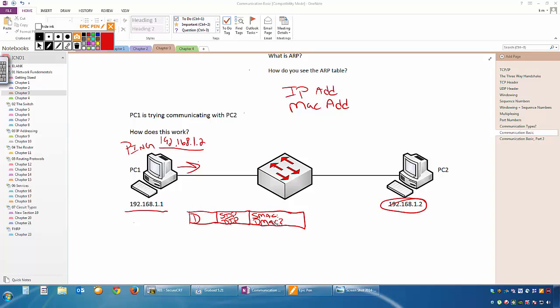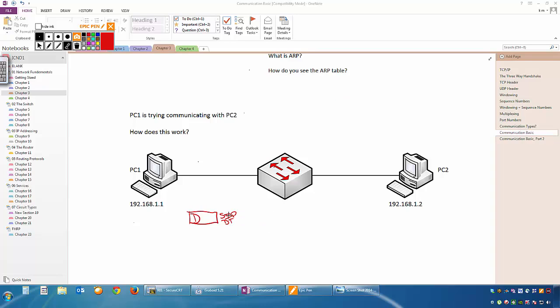I must have a way of being able to fill in this field. And the only way to do this is to have a list of MAC addresses on my local PC that corresponds to the IP addresses. Now, this is important to know because I need some type of table to say, look, the MAC address of BB:BB equals 192.168.1.2.